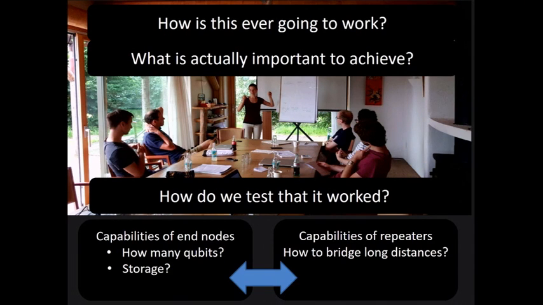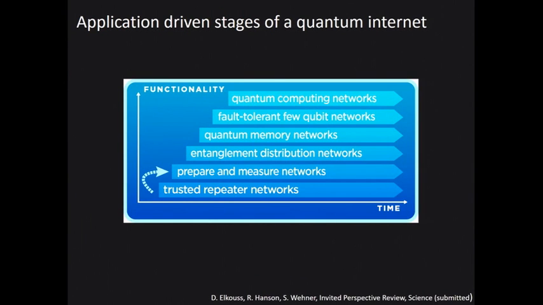Okay. So I don't have time to talk about all of these things, obviously, but I want to now talk a little bit about what we actually want to achieve here. Okay. So Ronald Hanson, my experimental colleague, and I had a huge number of discussions on this, and we have now defined a series of functionalities. And you can think that each stage of a quantum internet gives you a well-defined set of extra functionality